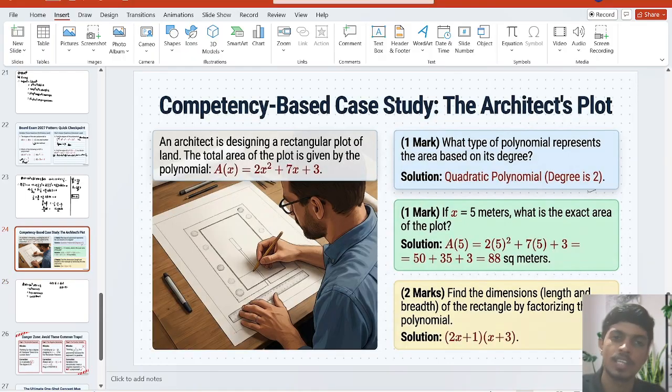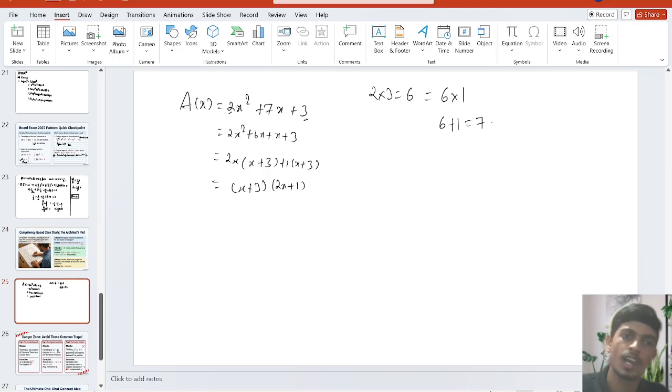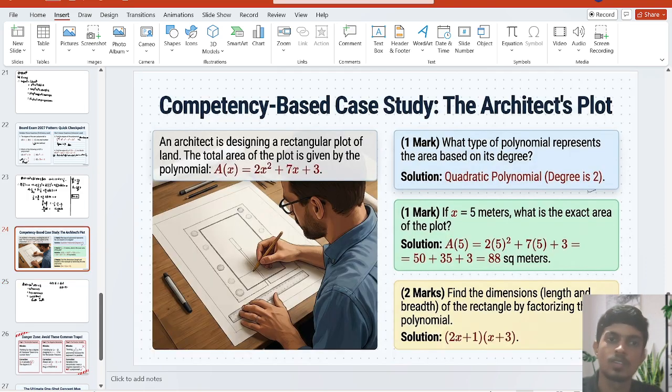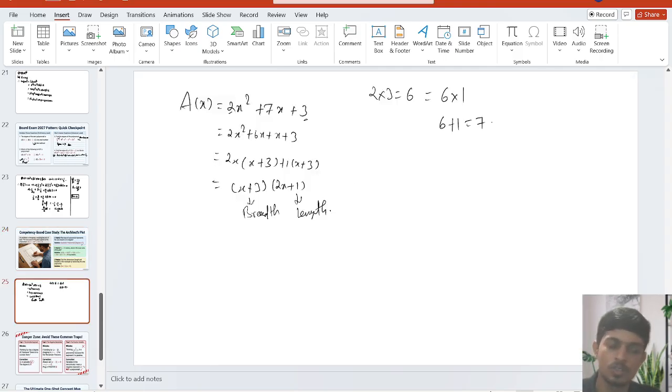This is how the factorization is performed. So this can also be written as: this is the breadth, and this is the length. Okay, I hope you understand it. So this is the breadth and length of the rectangle. This is factorized using the previous methods as I told you here. So next is